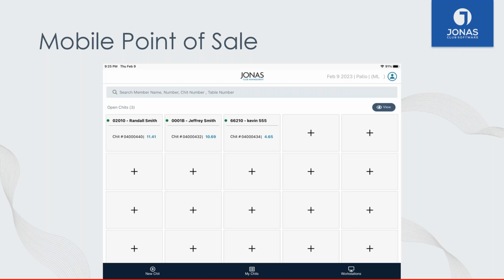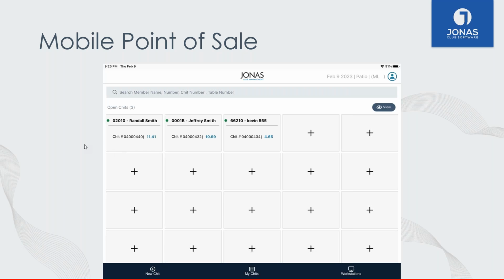So where this is great is for clubs that have beach service that, as they get further down, are a little bit away from network, they can still key in options and operate that way, as well as pool areas, or for those that have beverage carts, same type of thing. They're away from that network. Once they get back in touch with it, it's going to process everything that's been done. So any settlements that have happened, or sending out orders, all of those are going to be sitting on hold, and then once you reconnect, it's going to go ahead and fire that order.